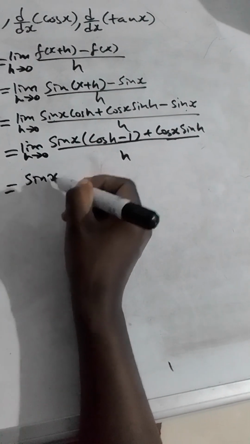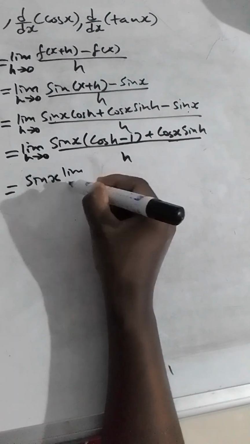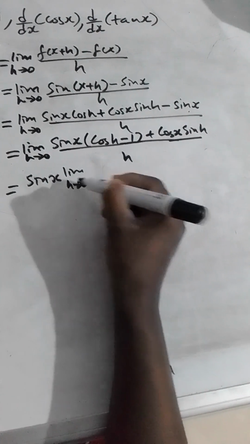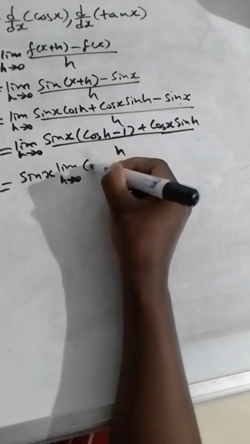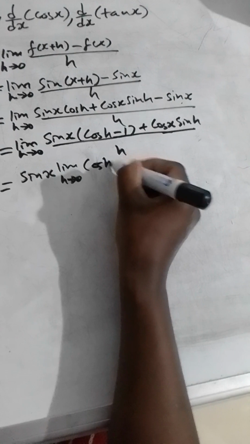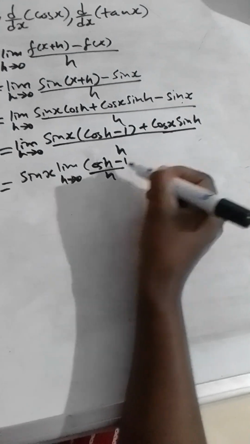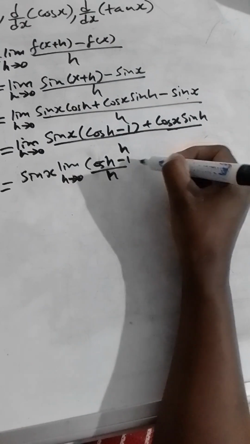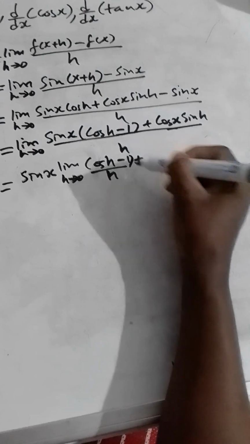So we can take it behind the limit as well. So that means we have sine x times the limit as h approaches 0 of cos of h minus 1 over h, plus